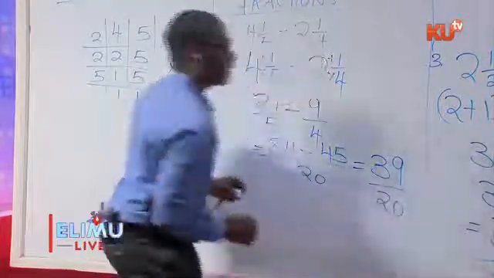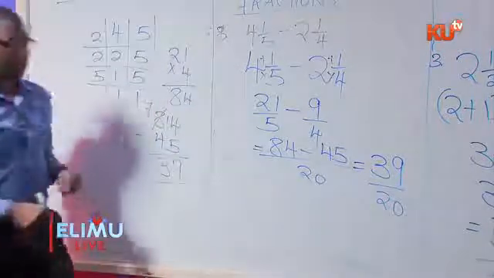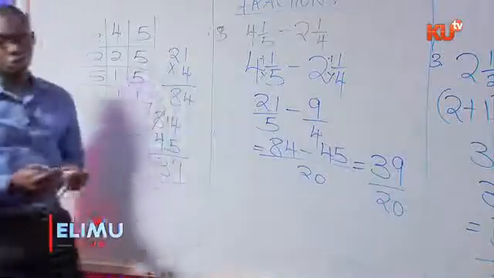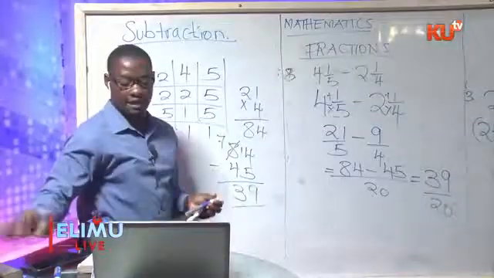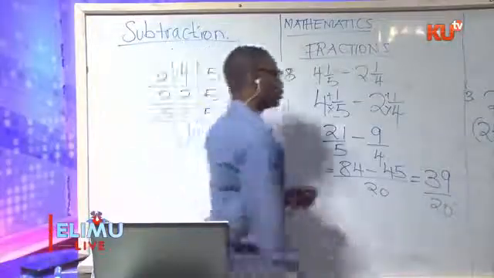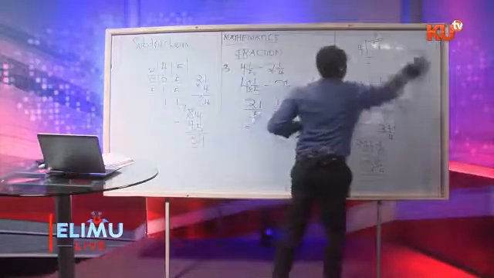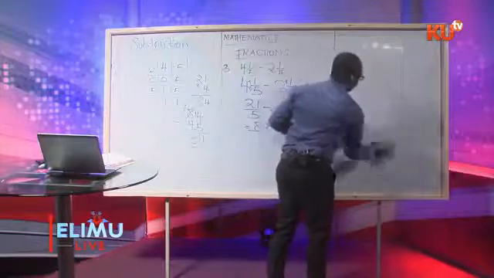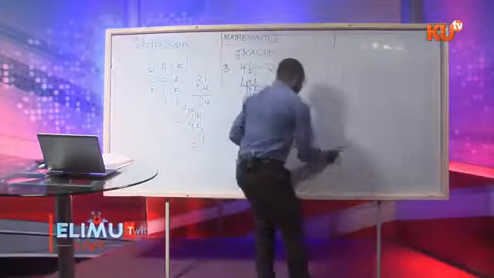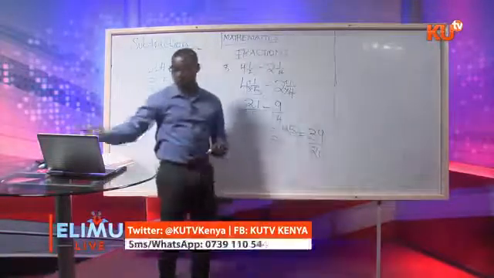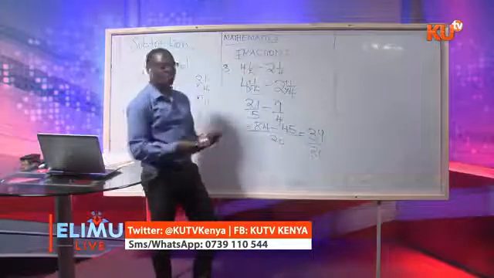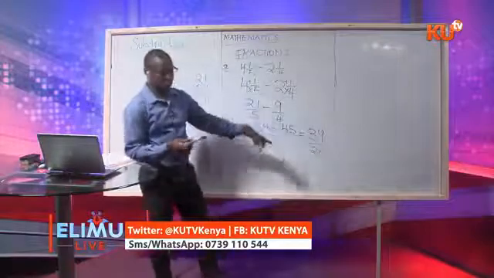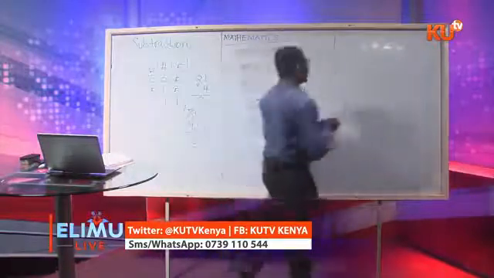39/20. Remember, I said you are not supposed to leave your answer as an improper fraction. Therefore, we change that improper fraction into a mixed fraction. The improper fraction is 39 over 20. So we are changing 39 over 20 into a mixed fraction. So we divide